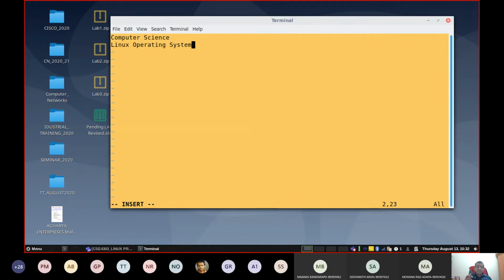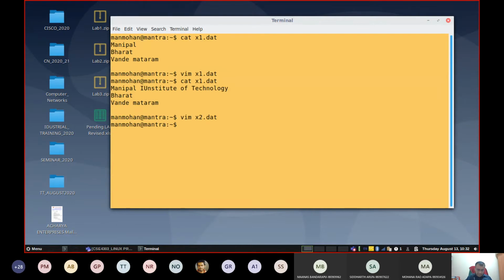Once you are done, you can press the escape key and colon w q, WQ. Press enter. Content is created. Then say cat x2.dat, and you can view the content.